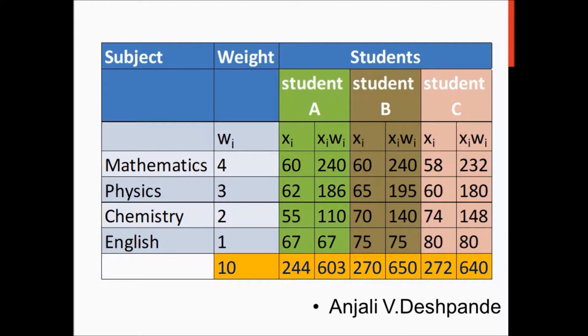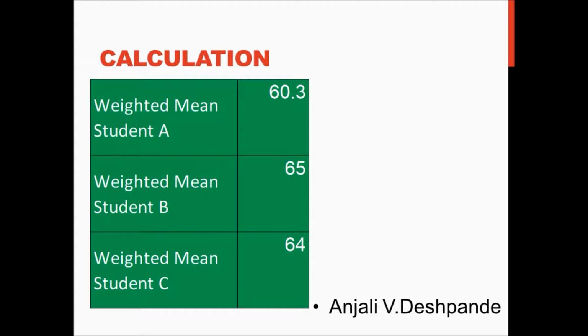So the calculation part is like this. Now each data point is multiplied with the corresponding weight and written over here, right, for all the 3 students. So you can see over here that this Wi, Xi table has been prepared, similarly for student A, student B, and student C, and then we have written the sum of all the values. Now by using the formula for the weighted average, the weighted average marks obtained by students A, B, C for these 4 subjects is calculated, and we get this particular result. Once again it is suggested that you also perform the calculation and get the answers.